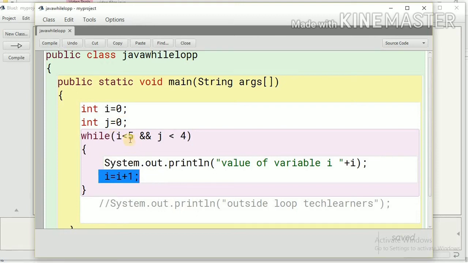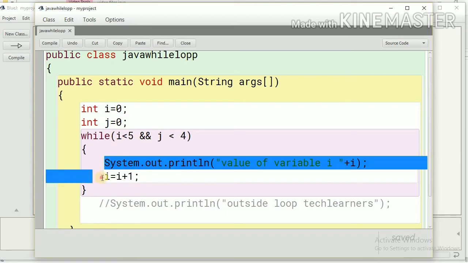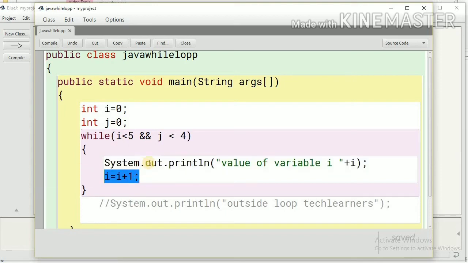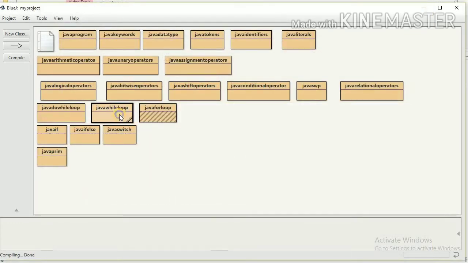So now i will be 1 but j is 0. Again the condition is true, we'll execute the statement, and again i will be updated but j will remain same, that is 0. So j is never updating and this condition will always be true, but at some point this condition will be false. So let me compile this and show you the output,